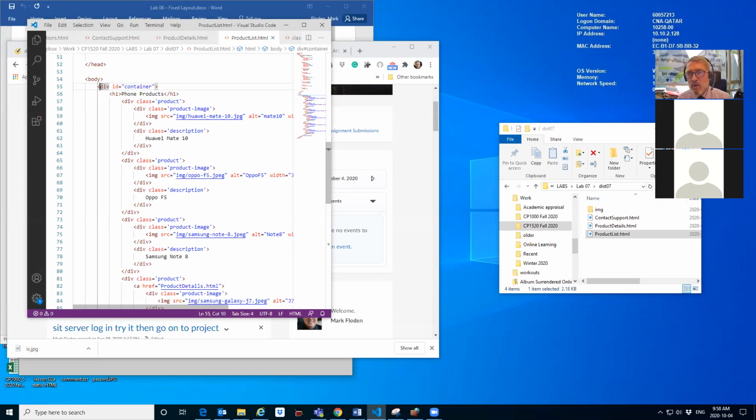And so the simplest way of doing that is just to create a div tag. Div tag just means this is a division of that page, and we're going to treat it a little differently. And so I'll give it a name, and then I can use that name in the CSS to style it differently than others. And so it's a really, really useful tool. You're going to be finding yourself using it a lot, the div